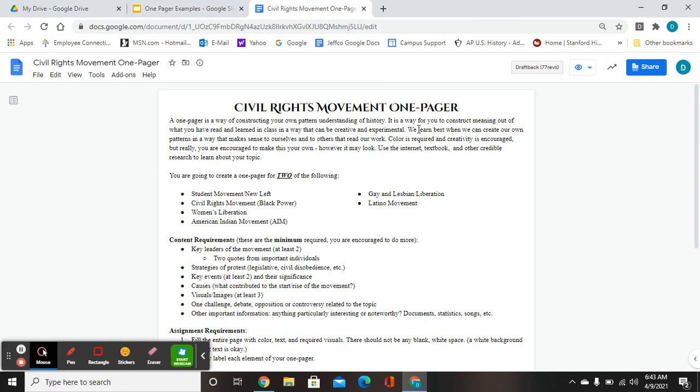What you're going to need to do, you're going to turn in 2 one pagers that are visual representations of the civil rights movements. How it looks, what you do, what you choose, all of that is totally up to you. Just make sure you meet all of these elements down here. Each one of these one pagers is worth 35 points. So this is worth a total of 70 points because, again, you're turning in 2 one pagers. Okay, choose any 2 movements up here. These elements are included in it, and